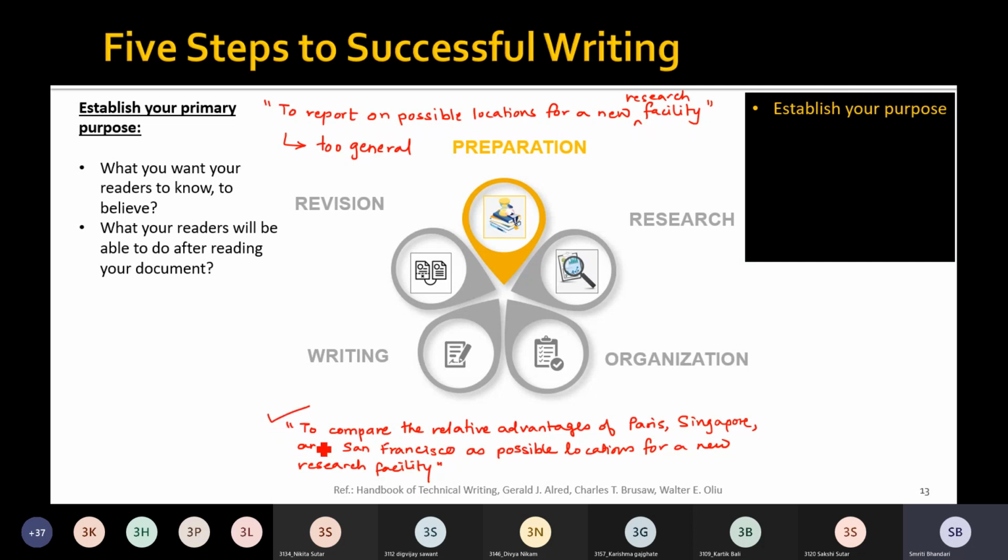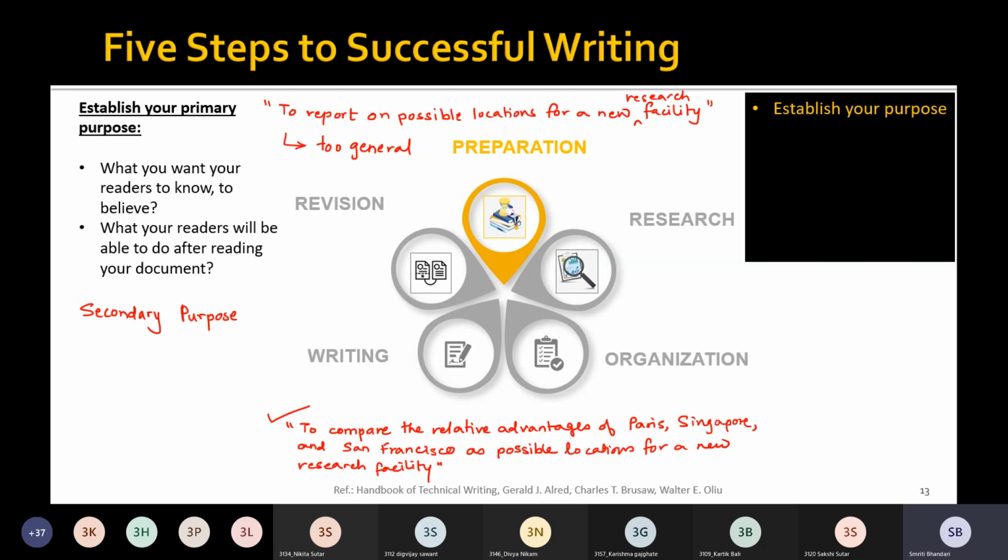Right? So sometimes we may select such a specific purpose instead of going with a generic purpose. Now, in addition to the primary purpose, sometimes we may come up with a secondary purpose as well. Secondary purpose. So what do we mean by secondary purpose? Under secondary purpose, we are going to mention some other additional purposes for which this document is meant.